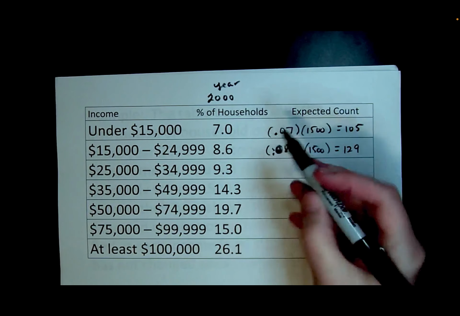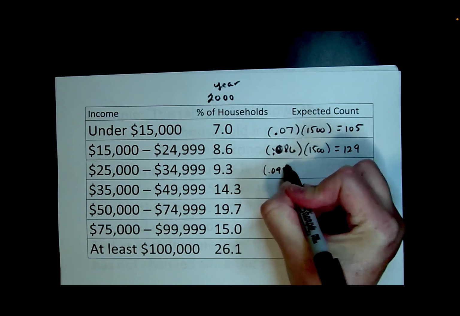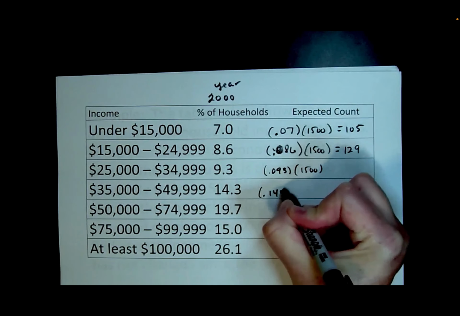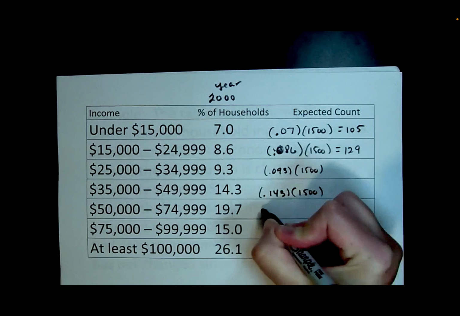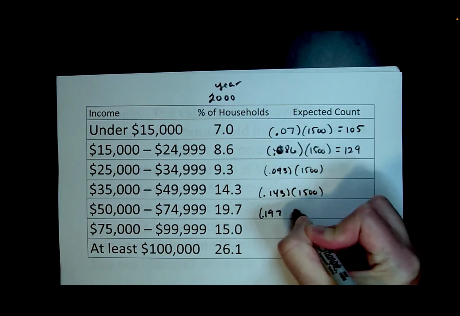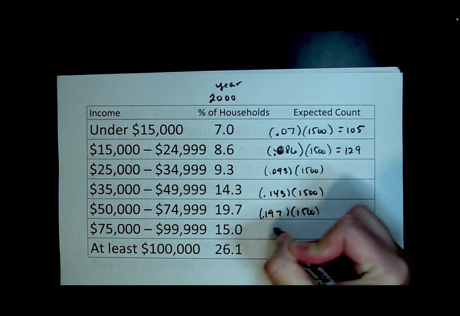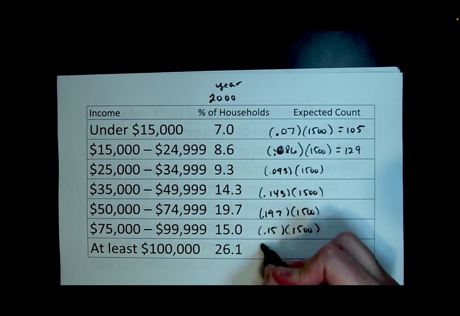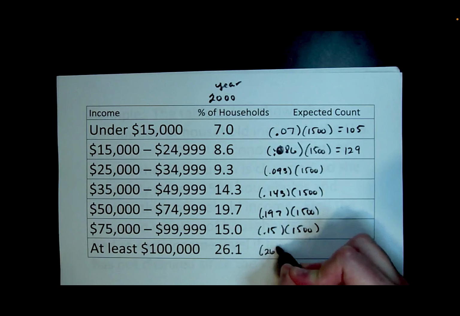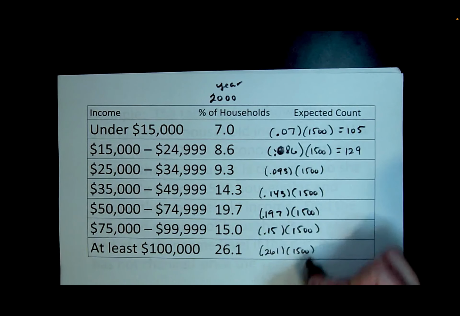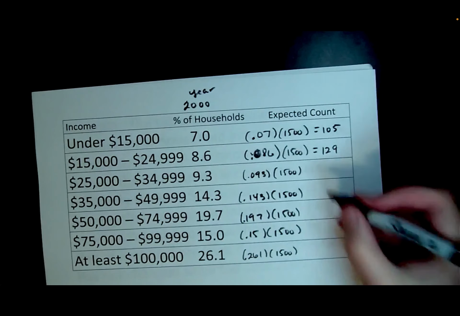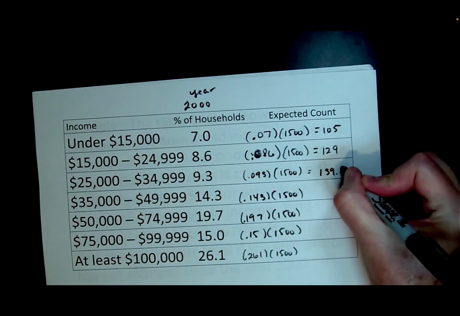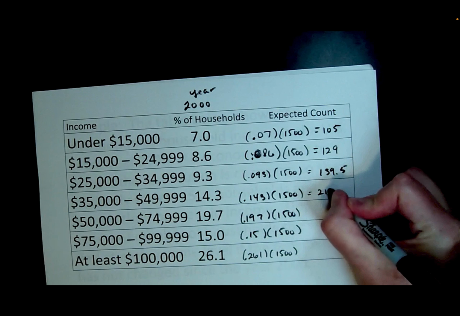Okay, and so similarly, 0.093 times the 1,500, 0.143 times the 1,500, 0.197 times the 1,500, 0.15 times the 1,500, and 0.261 times the 1,500. Okay, and so if we do that, what I got anyway was, third category, 139.5, then